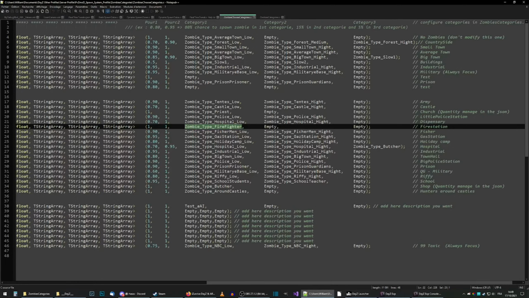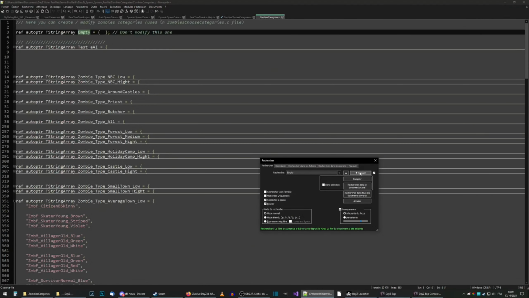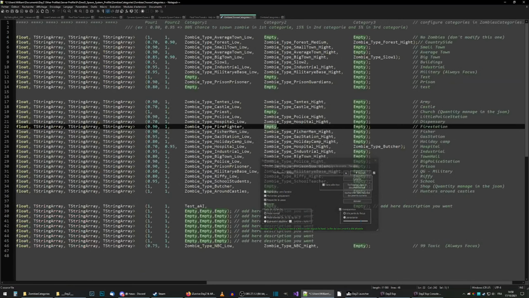And if you for example set it to 90% to spawn here, and so they left 10% an empty list, the thing is that in that empty list there is no zombie. So if the random number chooses a zombie from this list, it will not spawn a zombie, just that. So if you have just one list,